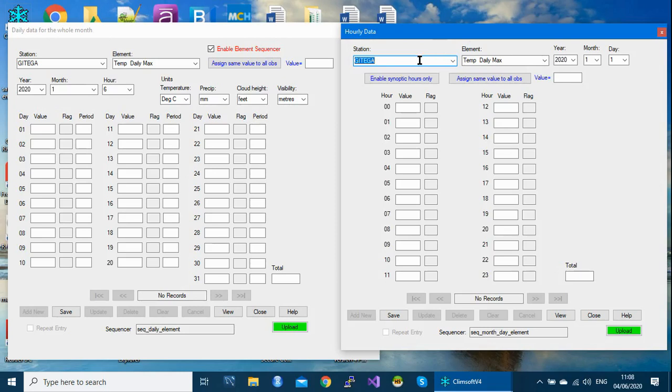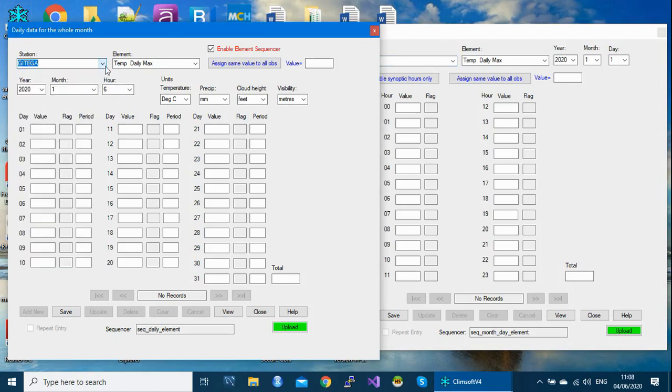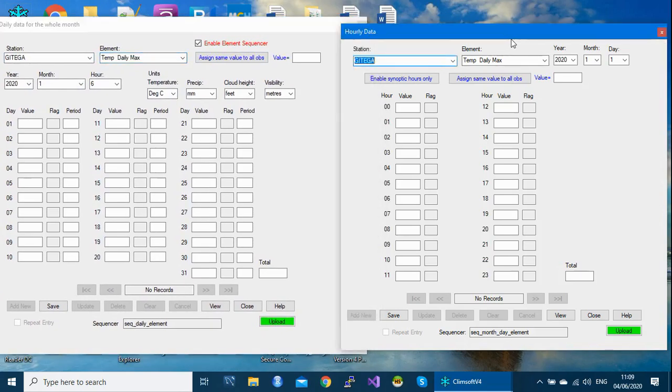Now let's look at the general layout of the forms. Number one is the general information about the form. Here you have the station, you can see the list here, you have the elements, year, month, hour, units, and so on. The same applies on this hourly one.